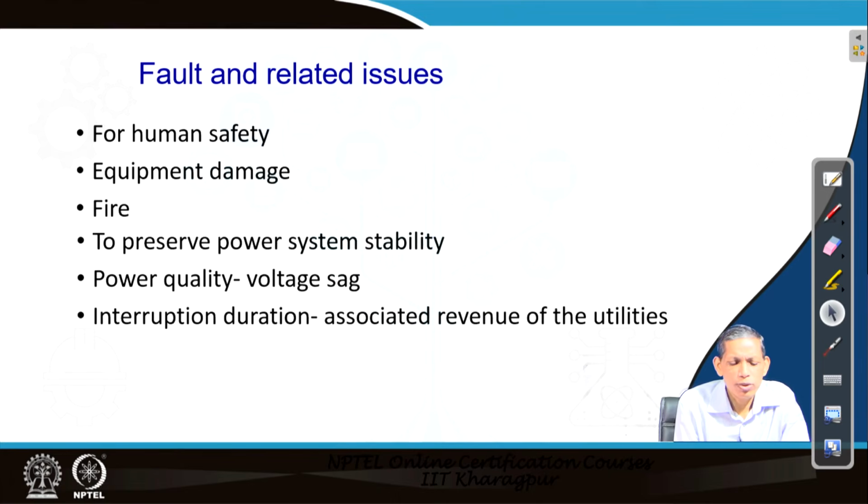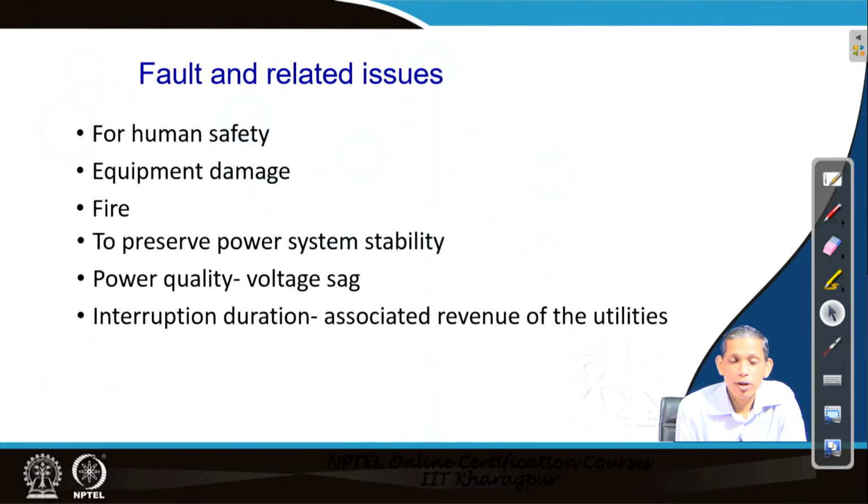The other issue that comes in is stability. We know that in a normal situation there is a balance between the power of the generating units and the load, but in case of a fault, the output power from any alternator decreases. Thereby, with the input power remaining constant during the fault, there is a mismatch between input power and generating power, and that leads to speeding of the rotor, and that creates the problem with stability.